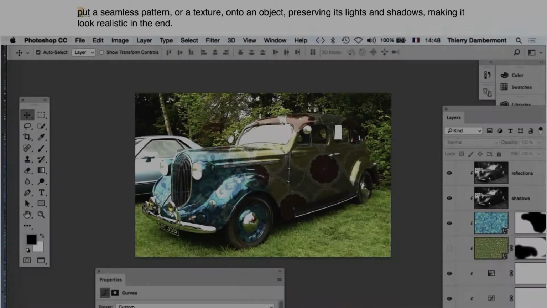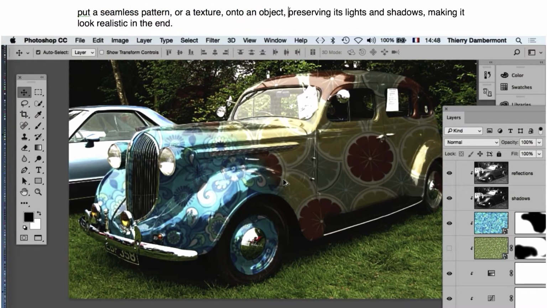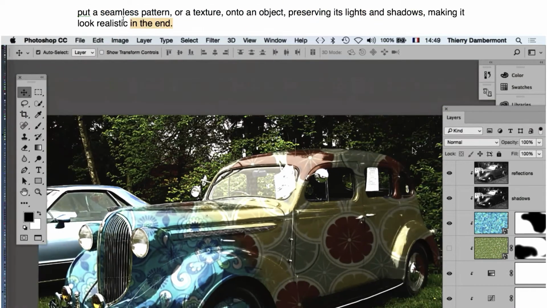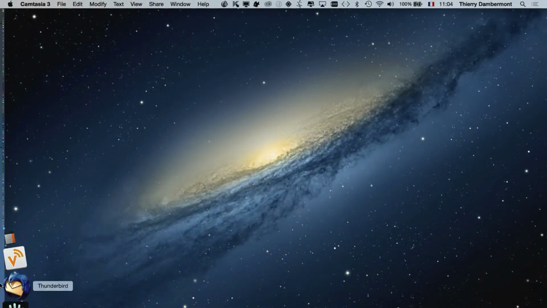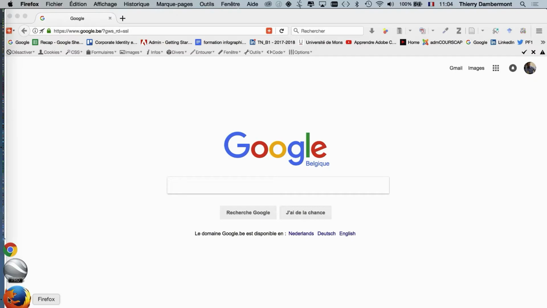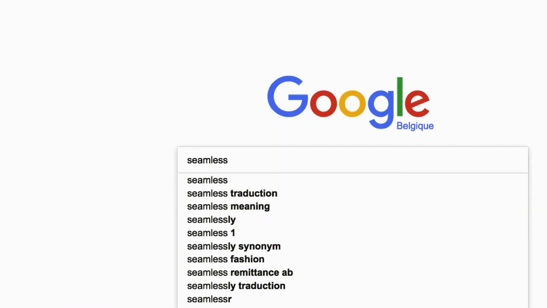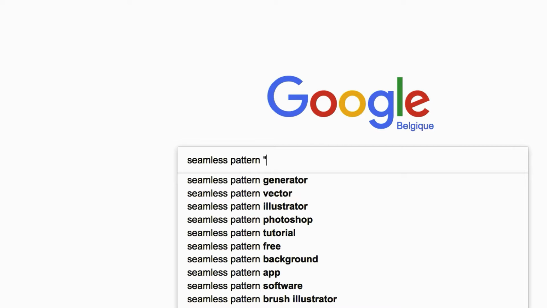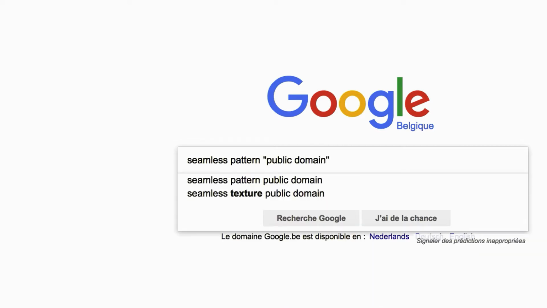In this new course, we'll be talking about how to put a seamless pattern or a texture onto an object, preserving its light and shadow, making it look realistic in the end. Let's grab some seamless patterns in your browser. So let's type seamless pattern, and between quotes I will write public domain,